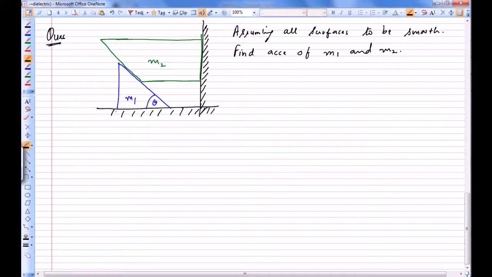There is a horizontal surface and a vertical wall, and two masses are placed like this, mass m1 and mass m2, and we want to find the acceleration of mass m1 and the acceleration of mass m2. So this mass m1 is going to move parallel to this contact surface. Let's assume that the acceleration of mass m1 is towards the left. Let's say it's a1,